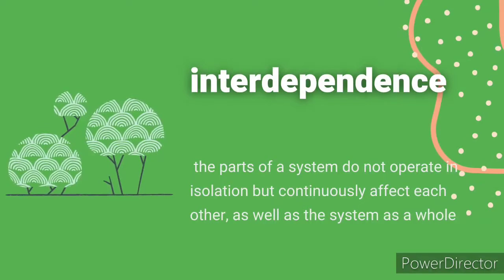Interdependence, or the central system principle. It states that the parts of a system do not operate in isolation but continuously affect each other, as well as the system as a whole. Remember the new baby I was talking about earlier? Well, the new baby affects every other family member. Similarly, if the usually cheerful chairperson of a committee comes to a group meeting in a grouchy mood, the other members may feel uneasy and the group's normally effective decision-making processes may be impaired.